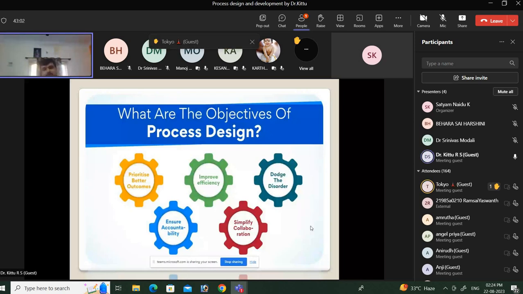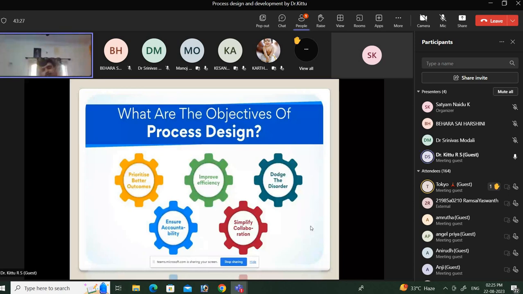And finally, that is for simplifying collaboration. You can observe here that such a process design helps a lot. You know very well that collaboration is an integral part of human resources, like collaboration with other institutions. Internally, whatever employees you have, the team you have,